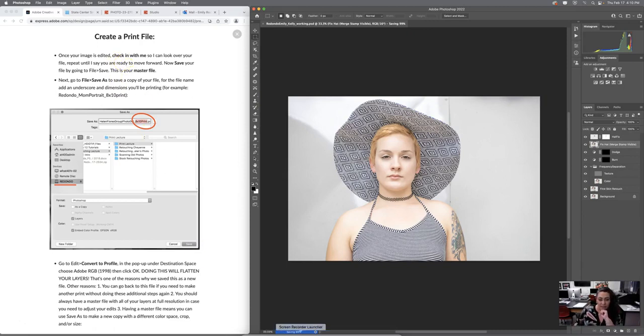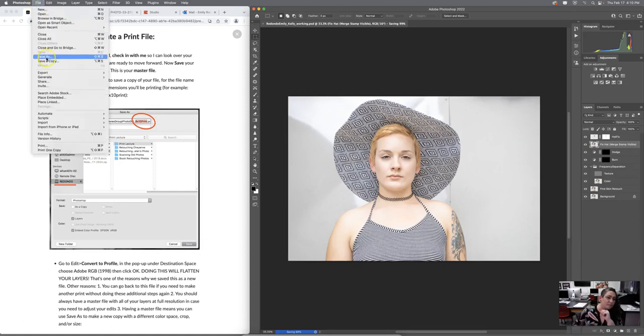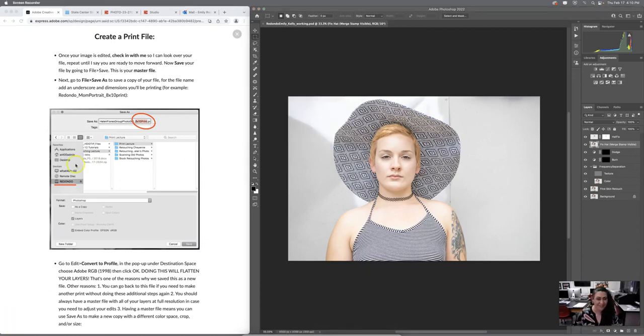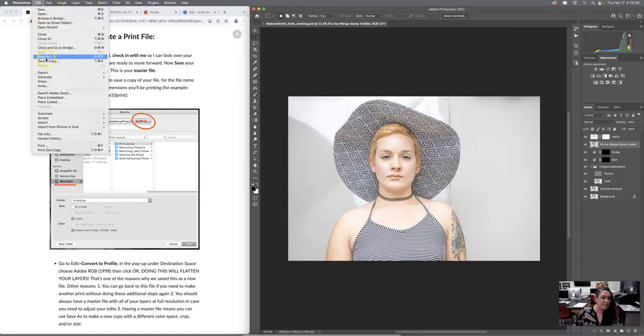Okay, so it's almost done saving. Once it's done, we are going to come up to File, Save As, and I'm getting this quick error because it's still saving the background. So I'm going to pause the video for just a second while it finishes saving. Okay, so it's finished saving. I'm going to come up here to File, Save As,